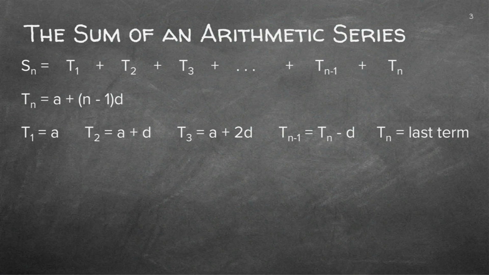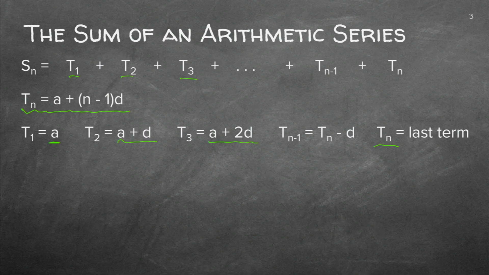You remember there's term 1, term 2, term 3. If we now put pluses in between, it's now the sum of all those. And then this is the basic formula that you know up to now, which we use to find the term itself. Now, what is term 1? It's actually just A. How does one get to term 2? You add another D. How do you get to the next term? You add 2 Ds until you get to the nth term, which is my last term. You remember, that's where the formula is coming from. Tn is A plus (n minus 1)D.